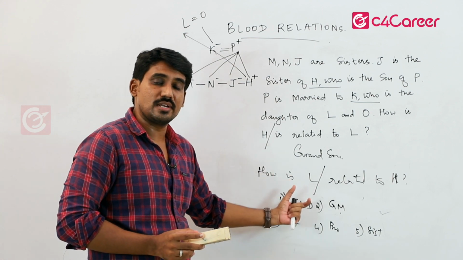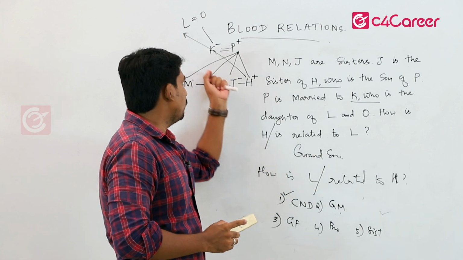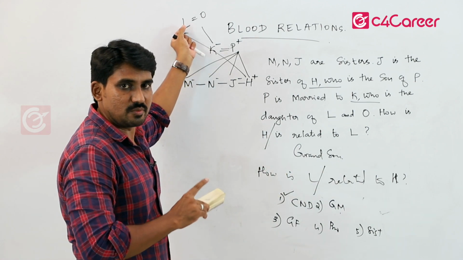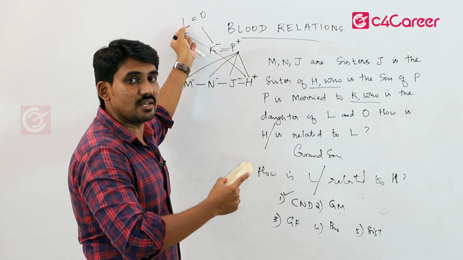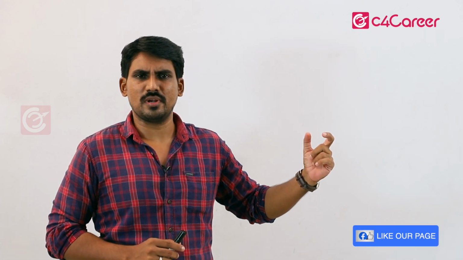Otherwise, they have to give the answer in the either-or case. For male one answer, for female one answer. We have to assume plus, what is the answer, minus, what is the answer. That either-or case they have to give. Clear? I hope you all understand the concepts and the questions we have discussed today, and I have clearly explained the family chart, how to make and create a family chart.